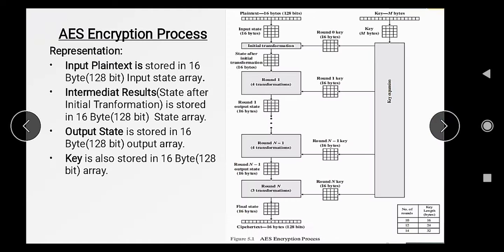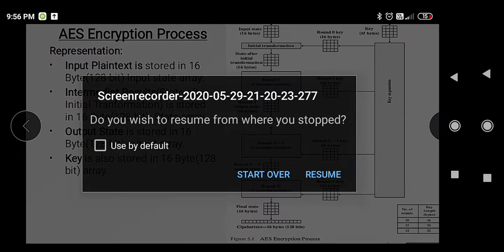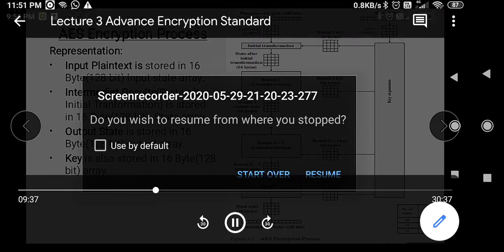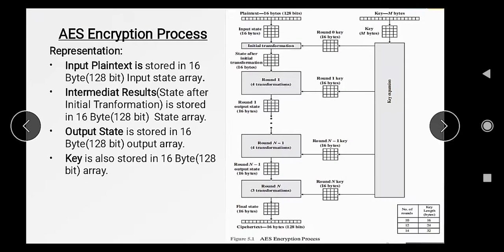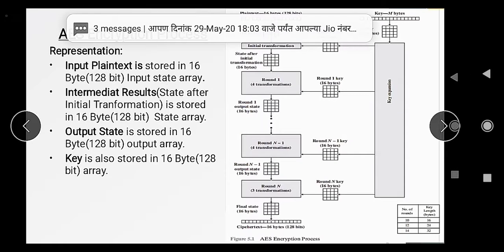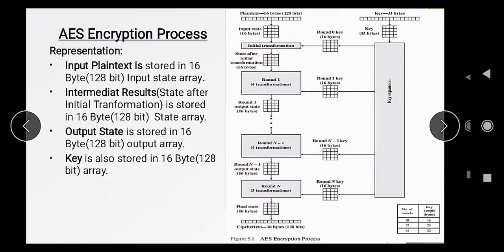Now this is the overall structure of the AES standard process. Here we have total 10 rounds. The 16 byte plain text we are using, or we can say that 128 bit plain text is used here.